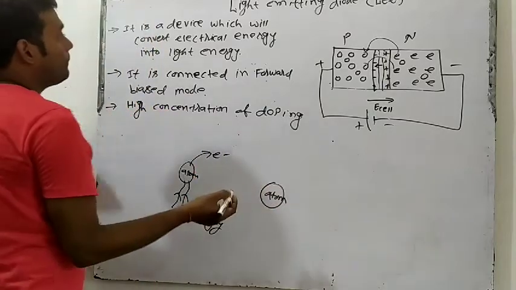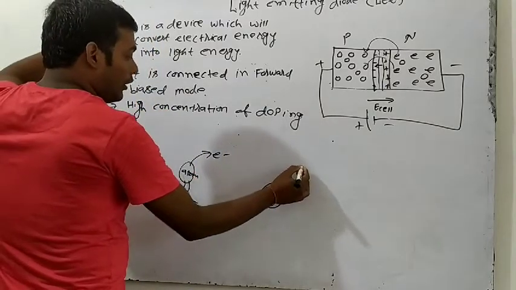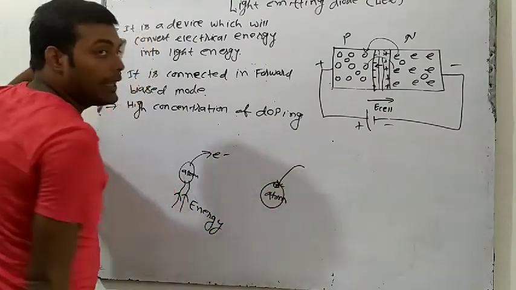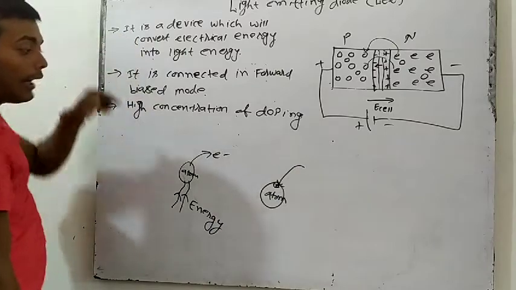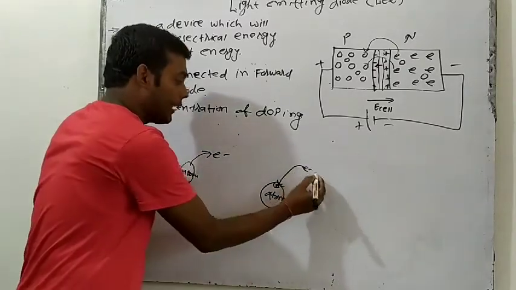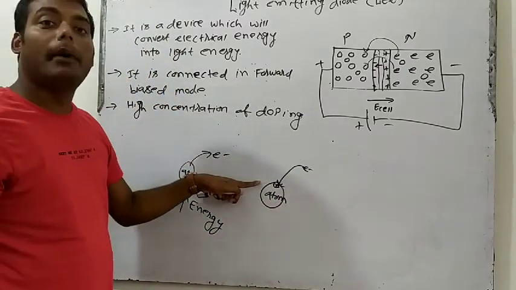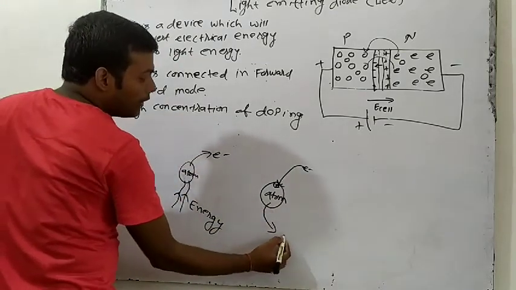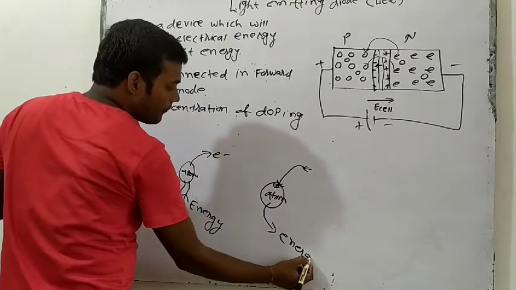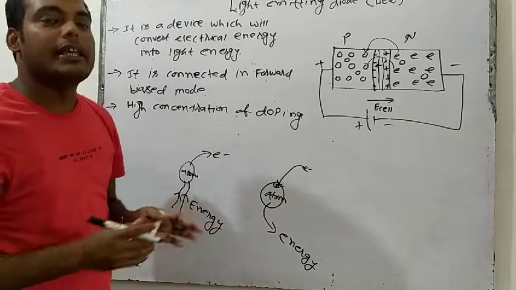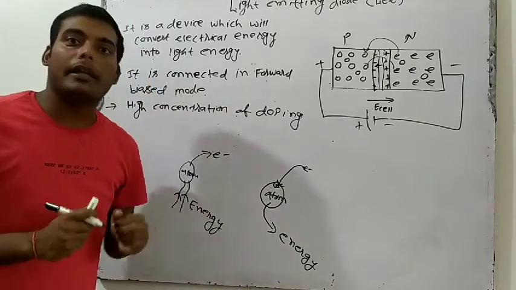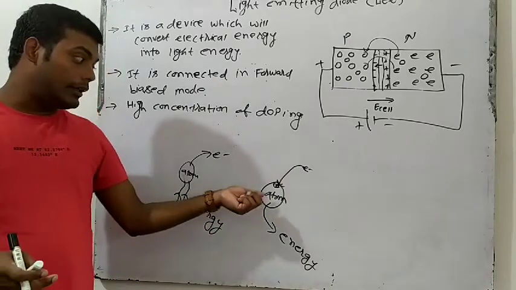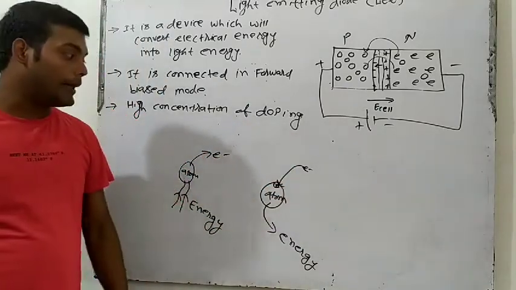Now what will happen, there is any hole and electron will come here and it will recombine, and after recombining what will happen, there is any free electron, it will come and it will recombine with hole. After recombining it will become stable, and after becoming stable someone will release energy. Actually what is happening in physics, that if you will absorb energy you will become unstable, and if you will release energy you will become stable.